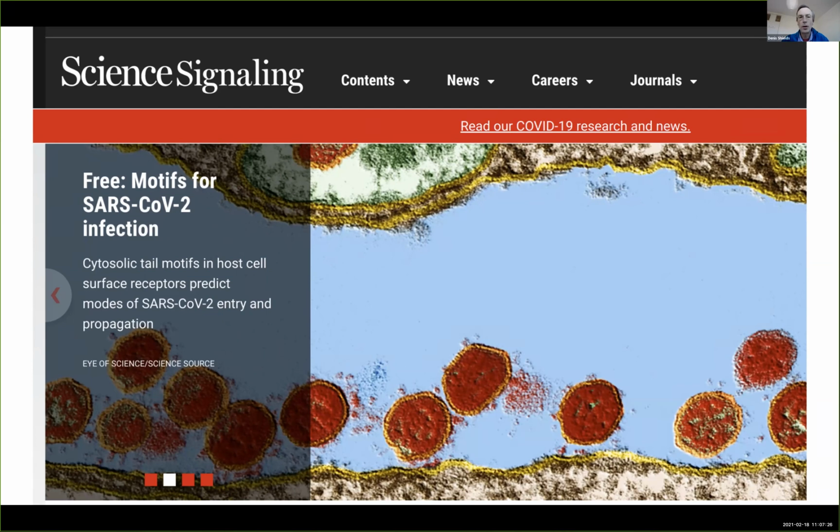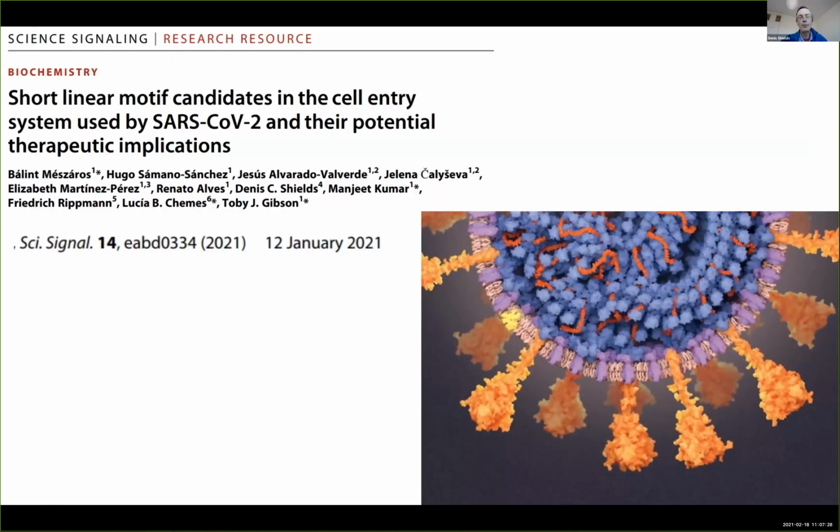So just to describe this paper and how it came about, it was initiated by Toby Gibson in Heidelberg and his research group. Then who else joined in was Friedrich Rittmann, who works in the pharma industry, Lucia Chemes, who's based in Buenos Aires, and myself got sucked into this project. And what we were studying was